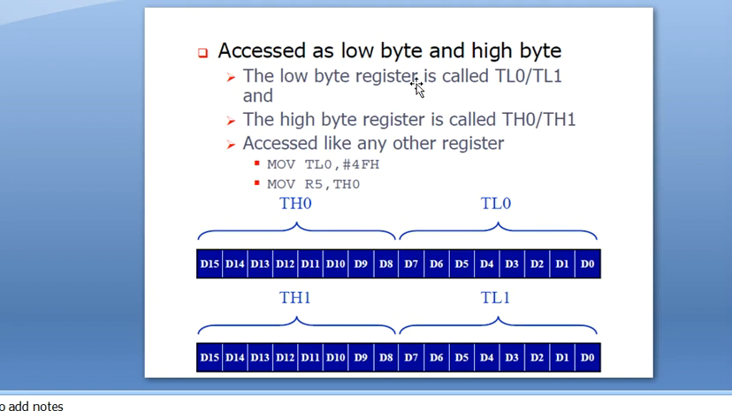You can see here, they are called TL0 and TH0, TL1 and TH1. This is timer 0's configuration and this is timer 1's configuration. The lower byte of the register is called TL0, TL1, and this is the higher byte. It is accessed like any other instruction, MOV TL0, #4FH. So you are sending 4FH, in the sense TL0 is loaded with 4FH,